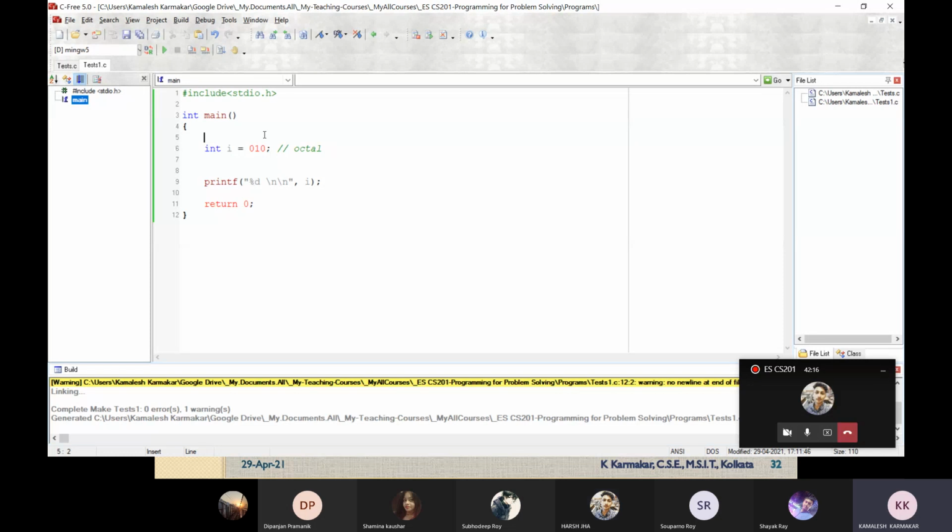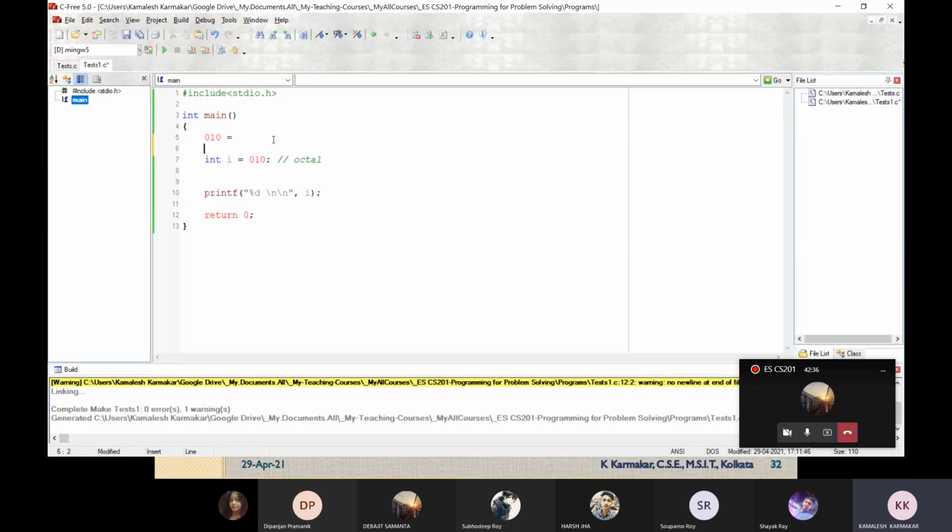It's an octal representation. Okay, I think you have some confusion in octal numbers. If I write 010...